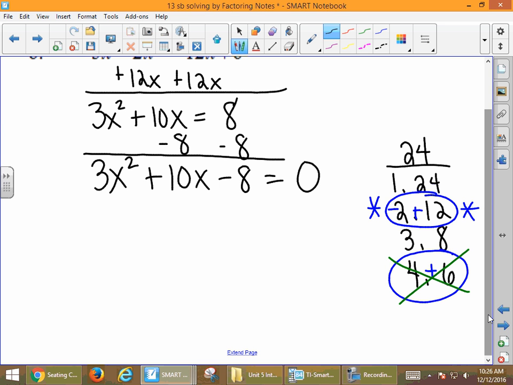So once we determine that, our 3x squared, our -8 here. Do you want me to put the 2 first or the 12 first? It doesn't make any difference to me. Isaac? Okay. So we're going to do plus 12x minus 2x. And again, it doesn't matter the order. We do need to have the proper signs. But 12 minus 2 gives us 10. And when we group